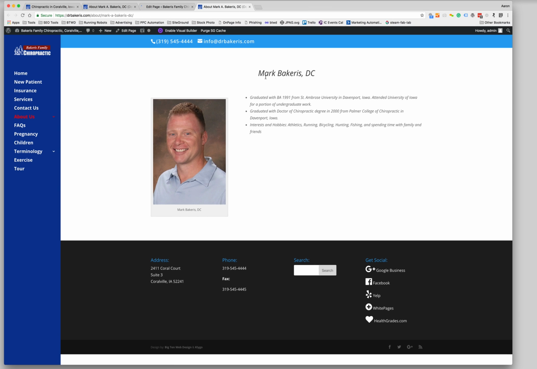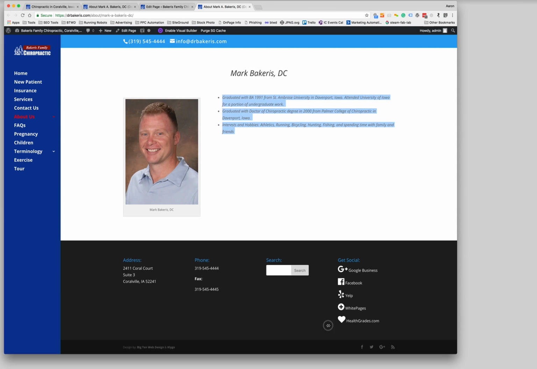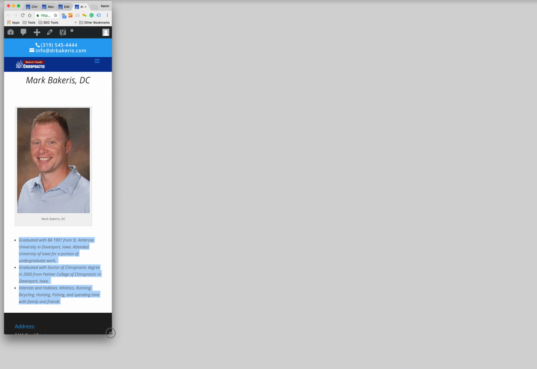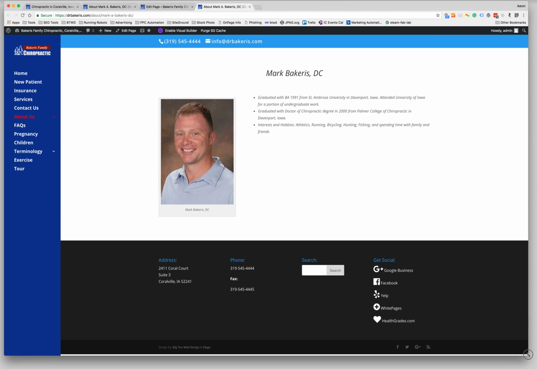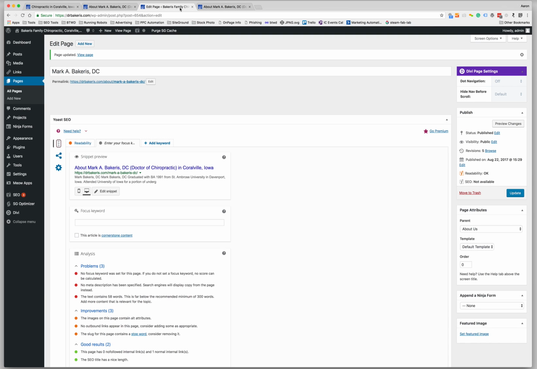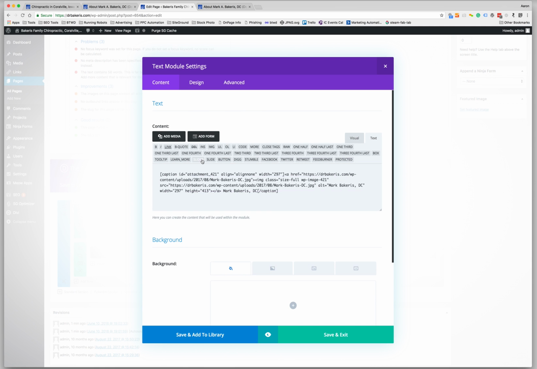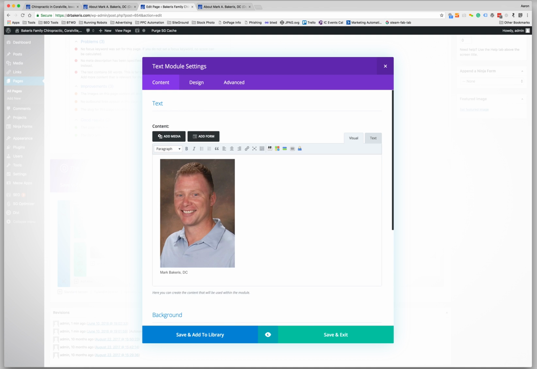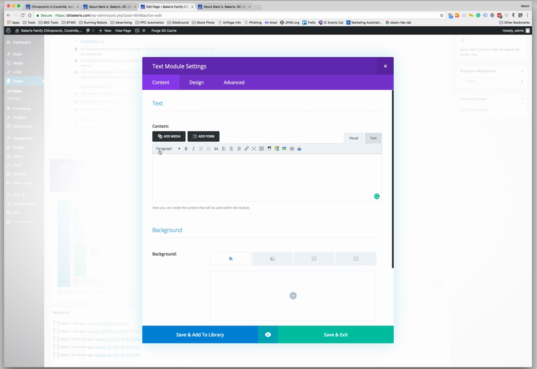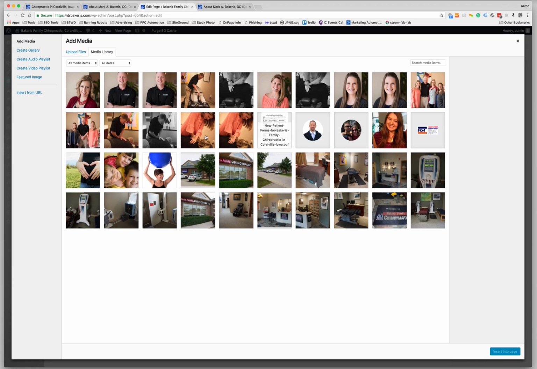So now you'll see a major change, which is the headers up here, Mark's image over here, which we never did change, and then the text is going to be justified to the right. And again, on a mobile, you'll notice that it basically stacks it down lower. So go back in and let's edit Mark's image. Since this is the wrong image, let's just delete it all. And then add media. Get the picture of Mark,